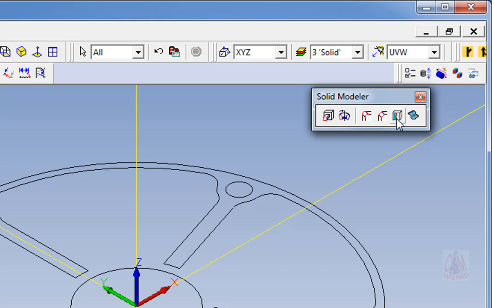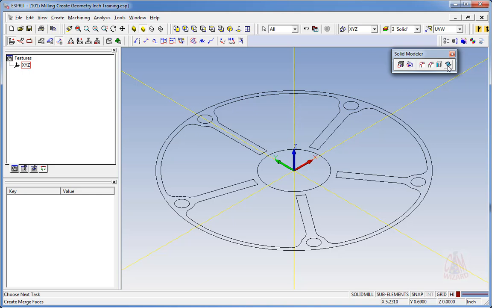The next two are also editing tools. One is called split faces, which will take a solid and split it. This is something we cover more in the 3 and 5 axis world, and we do cover those really extensively in the 3 and 5 axis tutorials. And then the last one is merge faces, another one we use in 3 and 5 axis to merge multiple faces together. Now let's start by creating an extrude, boss, cut.